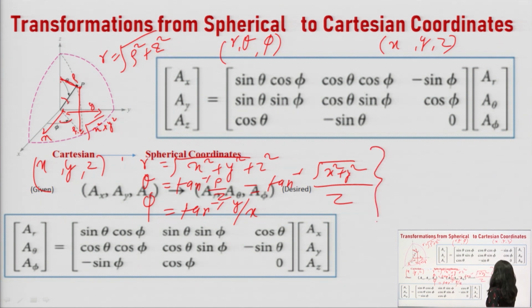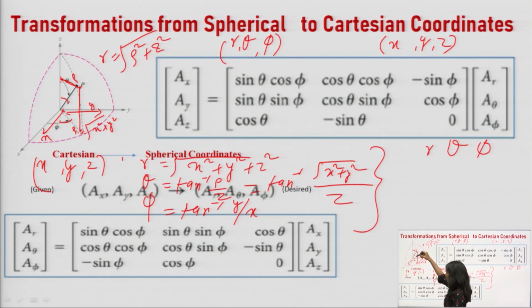So using this formula we can find the value of r, theta, phi. If some point is given in x, y, z, then we can find the value of r, theta, phi using this formula. Similarly, if r, theta, phi are given, how to find the value of x, y, z? See, this is the x, so if r is given, we can find the value of this rho. Rho will be, if this is the theta angle, then rho will be r sin theta and z will be r cos theta.